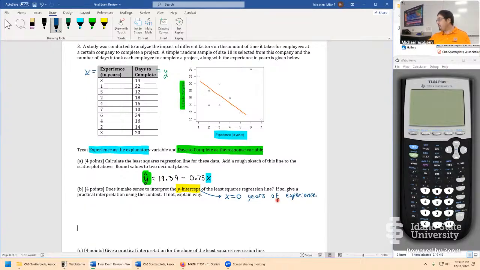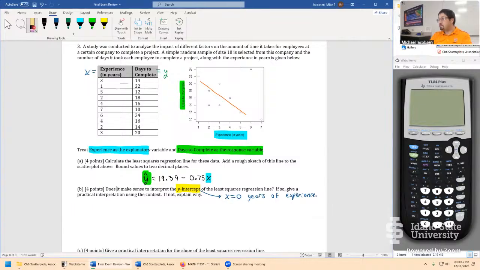Okay, a scenario for when it wouldn't make sense is we had one problem that had to deal with scuba diving. X was the dive depth, for example. Y was the number of minutes that you could be left underwater, how long your dive could be. The x-intercept 0 didn't make any sense because that's saying dive into a 0 feet depth of water. That's just an unreasonable thing to ask anyone to do. I think that was an exam question that came up for exam 2. So for this problem, 0 years of experience does make sense, and we can say